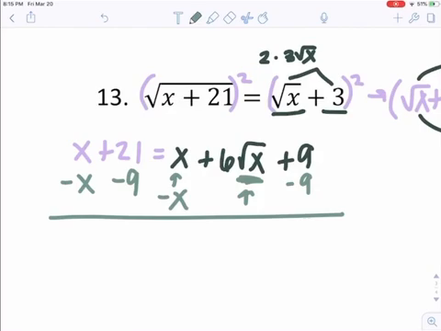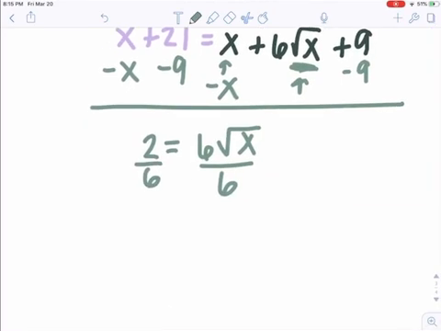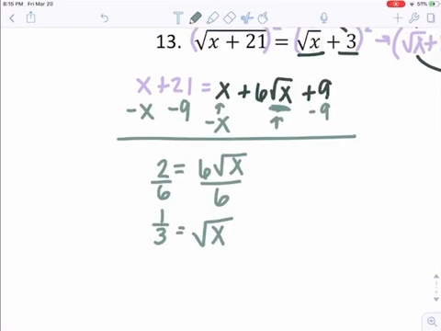So that becomes 2, 6 root x. Well, I still have that 6. Okay, think about how you could get rid of that 6 that's attached by multiplication. So I'm going to divide both sides by 6. So I get 1/3 equals root x. Well, now that that is isolated,